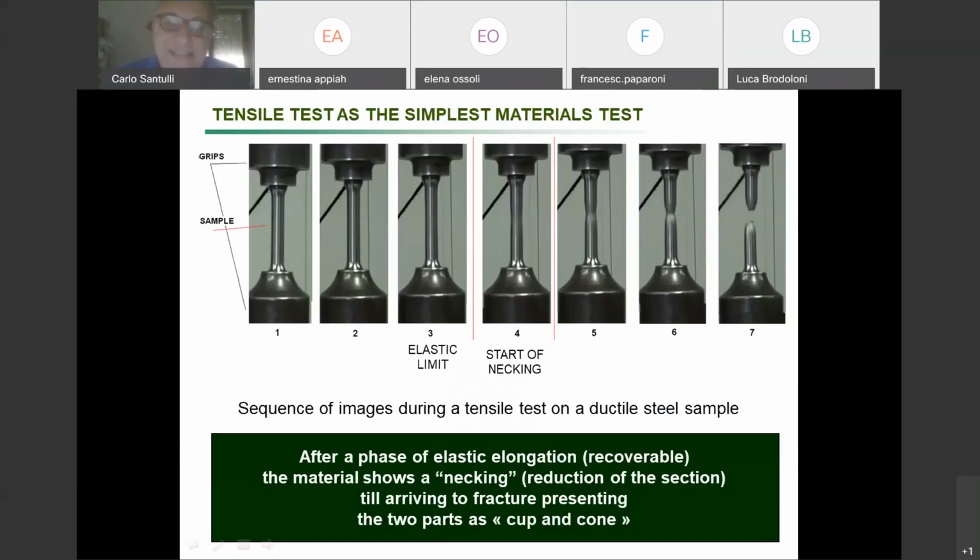Then we can start testing materials. This is steel. We can easily say that steel is the material closest to an elastic one, closest to an isotropic and closest to a homogeneous material, which are the three characteristics of an ideal material. I will come back to that later on, but anyway, steel is the closest to an ideal material. What happens when we do a tensile test on a steel sample?